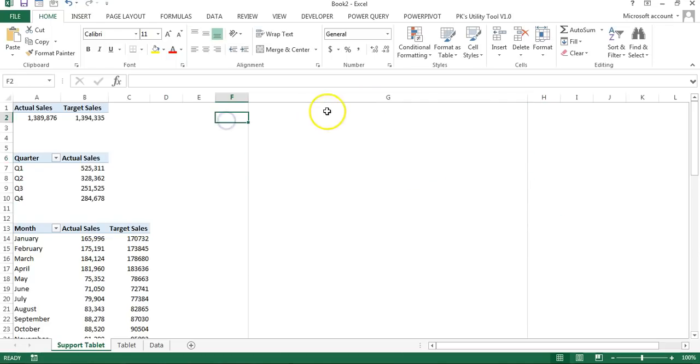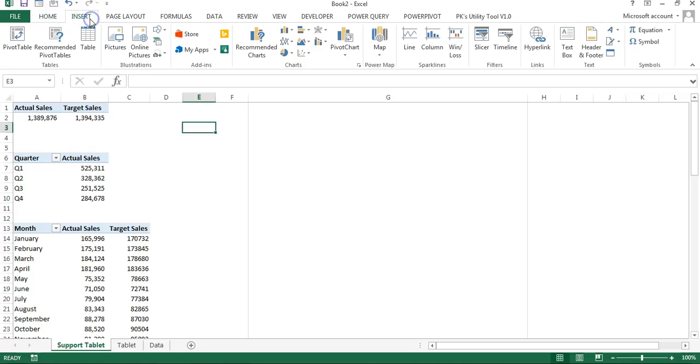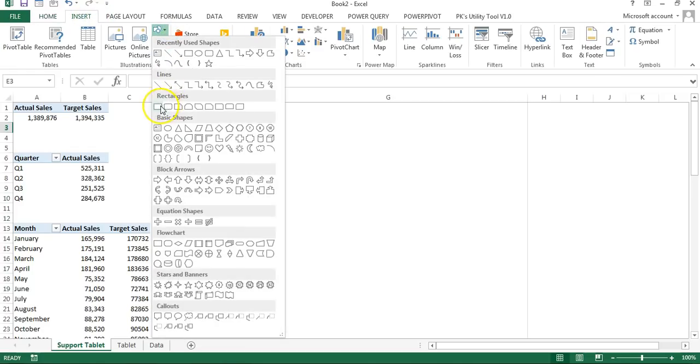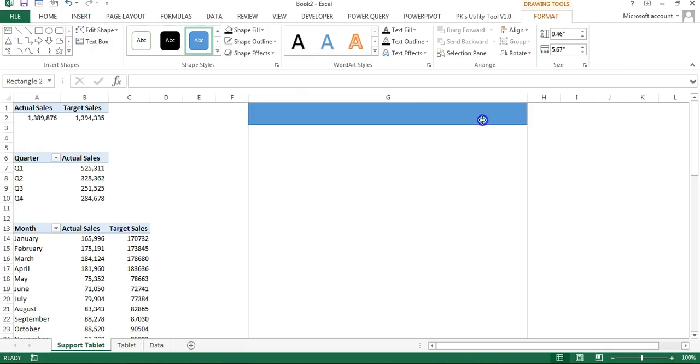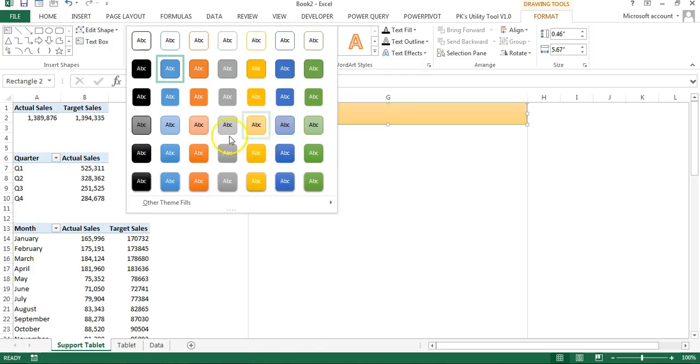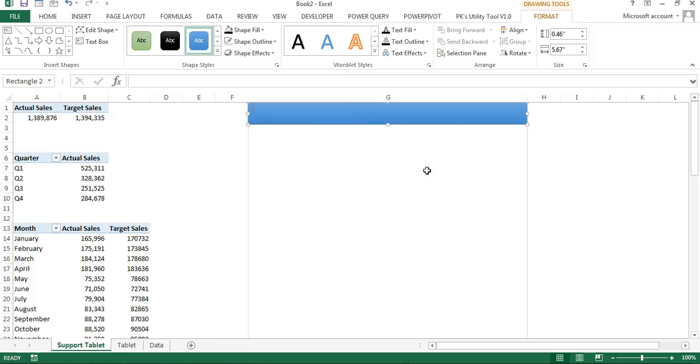Now we will create our chart. For the first one, we will create the simple shapes, and before that we will create our title of the dashboard. So let's insert our normal rectangle, this one, and just insert that rectangle here like this. And we will go to the shape style and let's choose any style from here. So I'm taking, let's say, this one, and right click, edit this, and here I will put sales dashboard.